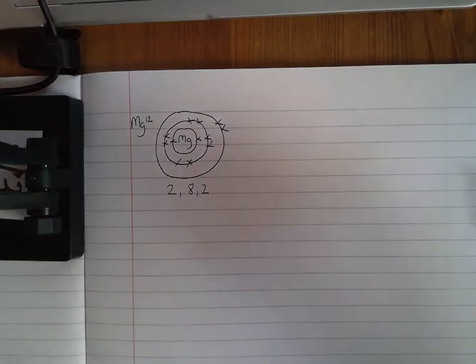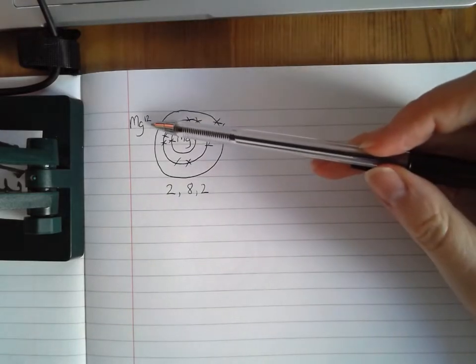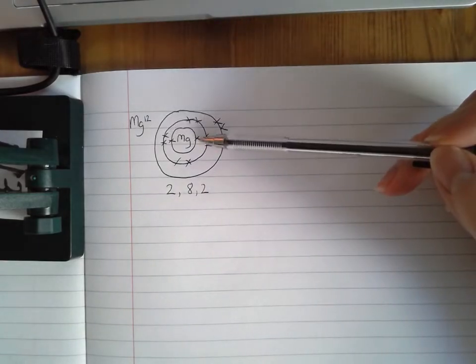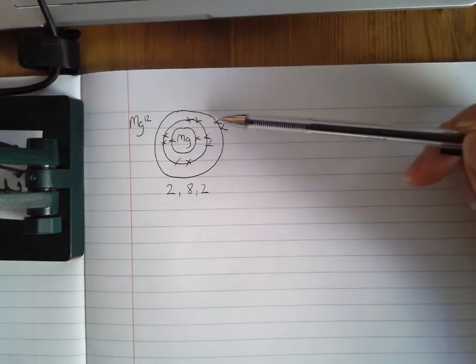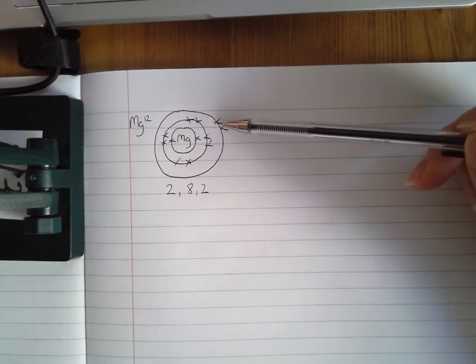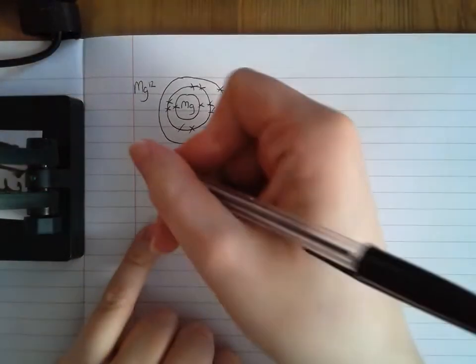I have drawn a magnesium atom using the typical GCSE model. So I've got 12 electrons to assign. I've put 2 electrons in the first shell, then I've moved to the second shell and put 8 electrons, then I've moved to the third shell and put a further 2 electrons. If I were to draw this in terms of energy,